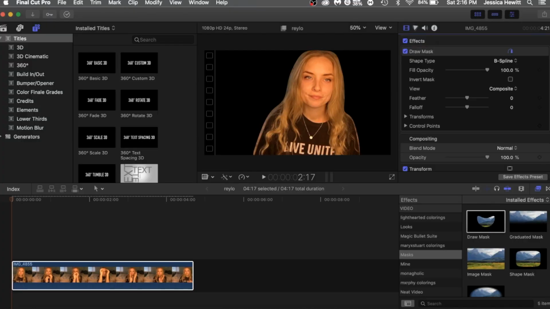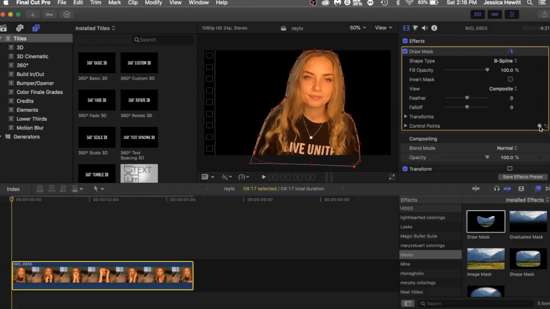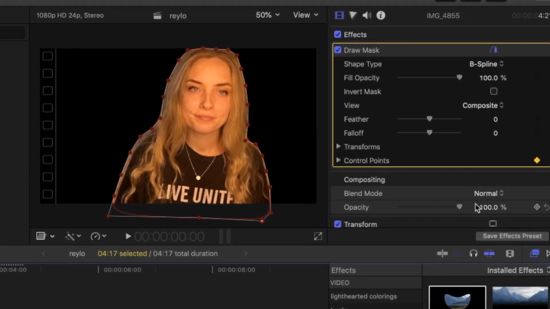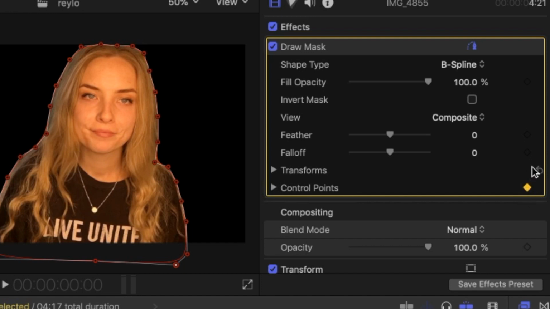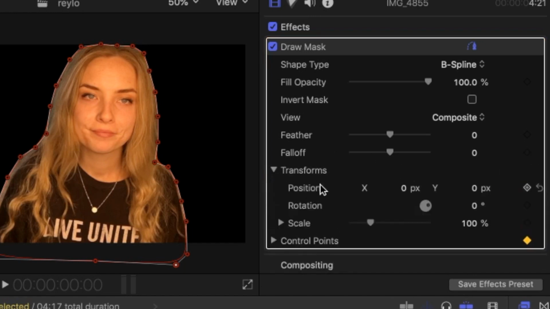Now that we've got that rounded off and that looks a little bit nicer, something else you may notice is that even though I'm moving, this mask is staying the same. I didn't do this earlier and had to go back because, hey, everybody messes up, and even if you've been doing this for ages, everybody forgets things sometimes. So, when you make your first outline, at the start, make sure you go over here to control points and you set a keyframe. Also, make sure you set a keyframe under the transform drop-down menu for position,